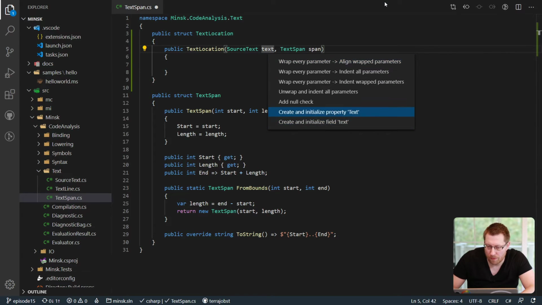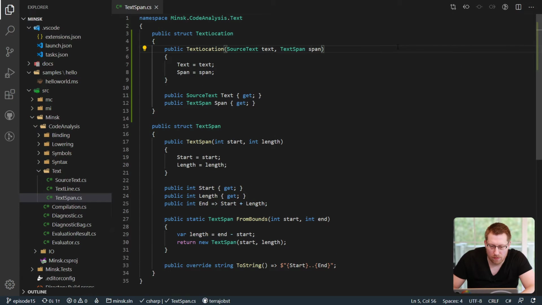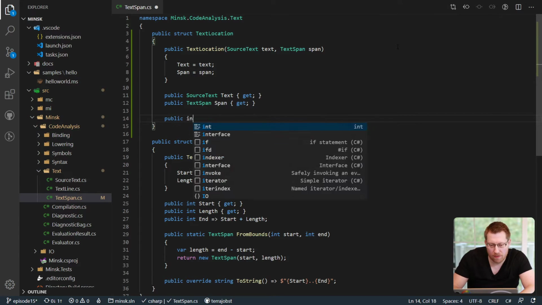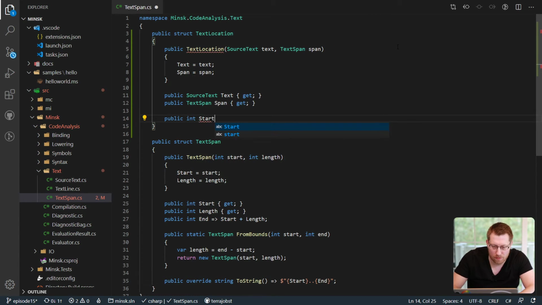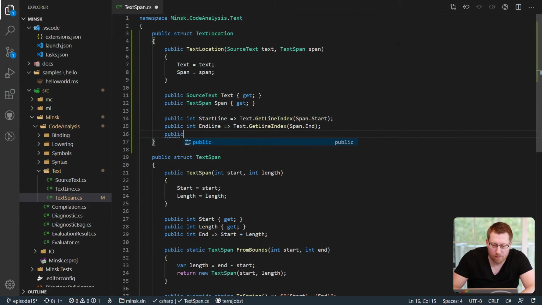Let me say this is a property that we want to initialize. And just because I know we will need this, I say this is a start line, and that is the text get line index for span.start. End line is span.end, and then we say public int